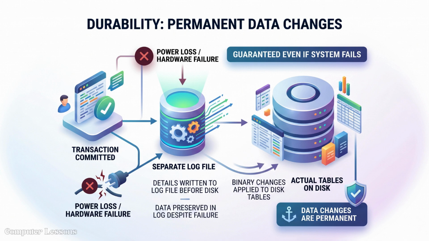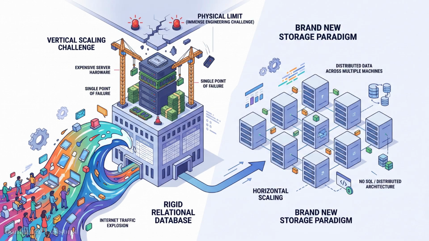Storage engines achieve this by writing details to a separate log file before applying binary changes to the actual tables on disk. As internet traffic exploded, scaling these rigid relational databases became an immense engineering challenge because they rely on vertical scaling and expensive server hardware. This physical limit forced developers to find new ways to distribute data across multiple machines using a brand new storage